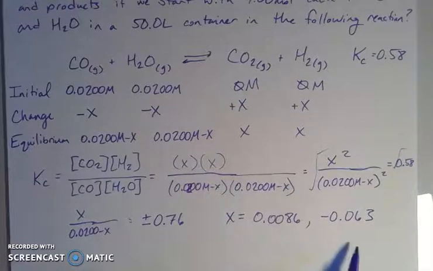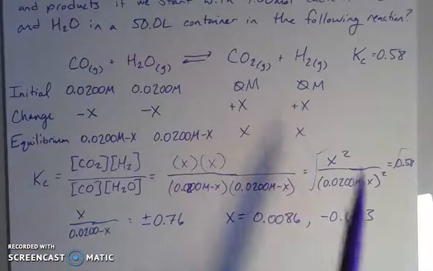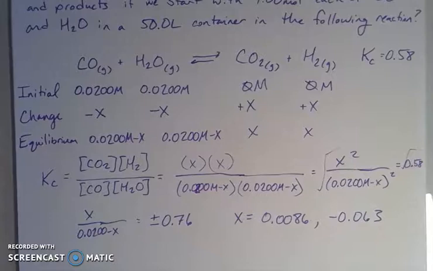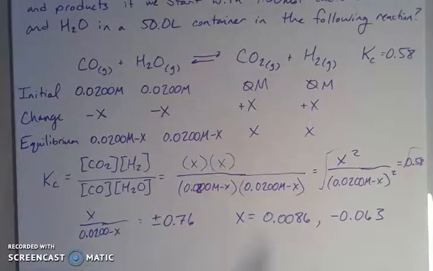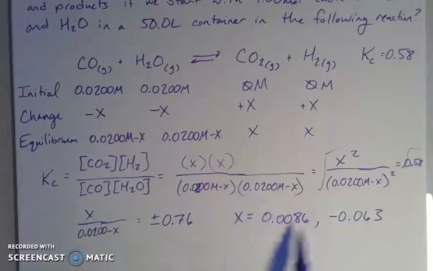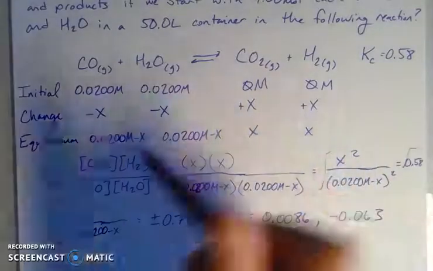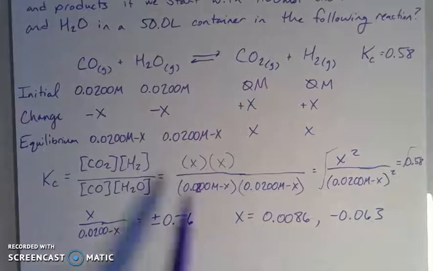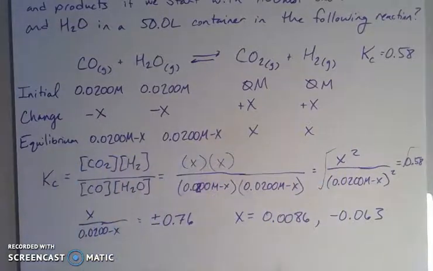Now I have to decide, in my scientific brain, with all of my rationality and my experience with chemistry, I need to look at these two numbers, look at the information that I'm given, and figure out if they're both possible. Which one is possible, if either one of them? And usually in these types of problems, unless they're set up wrong, you're going to have one of these that you know immediately isn't going to work. Or maybe not immediately, but you'll plug it in and figure out that it doesn't work. So if I look at plugging x back into my equilibrium concentrations, which is what the question asked for in the first place,